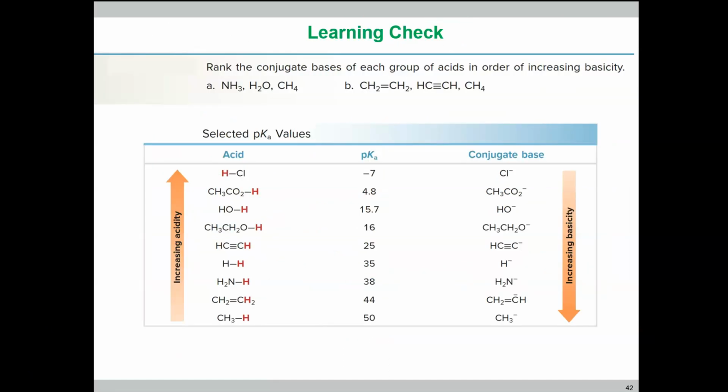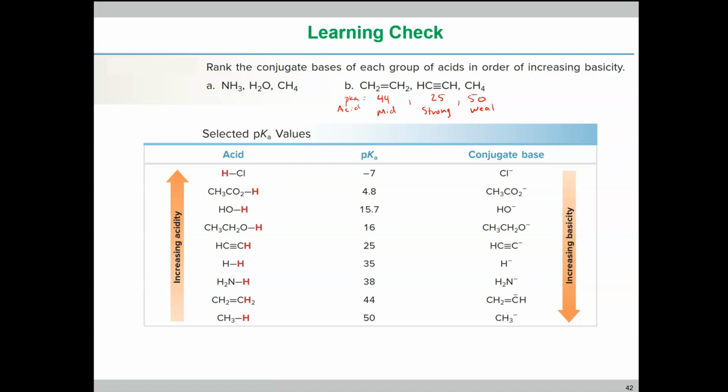Okay, so I want you to take a moment here and rank these conjugate bases of each of the groups of acids in increasing basicity. So let's look at this idea here first. I'm going to actually show you B, and I want you to do A for me in our Blackboard space. First we have to look at the pKa of all of these. So with an alkene, this is going to be 44. This is going to be 25. And then we have a 50. So for acids, we know that the 44 is the middle. So we have mid, strong,